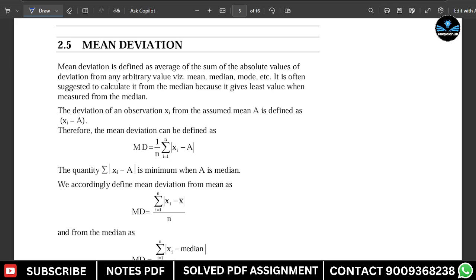Welcome to Encyclopedia. In this video, we are discussing mean deviation. In the mean deviation, you can see here,